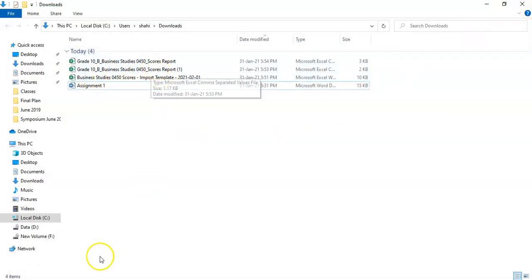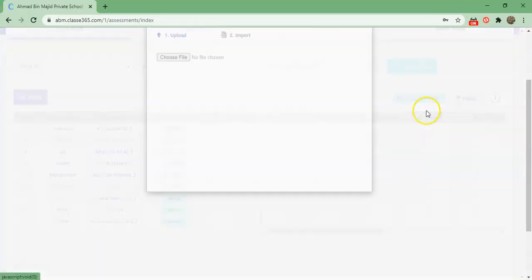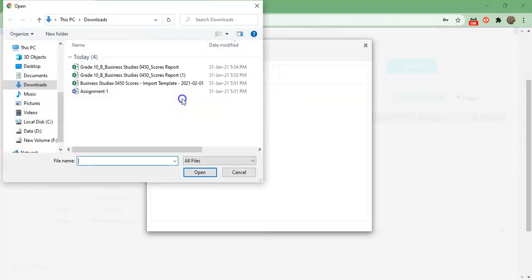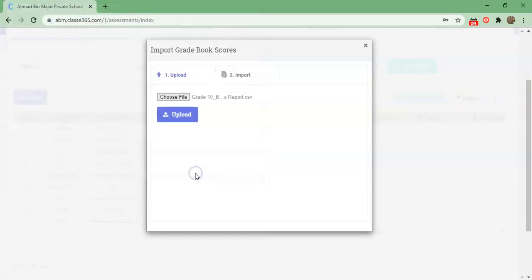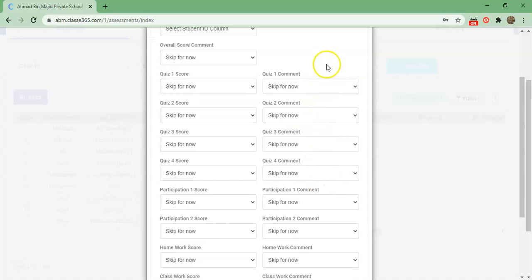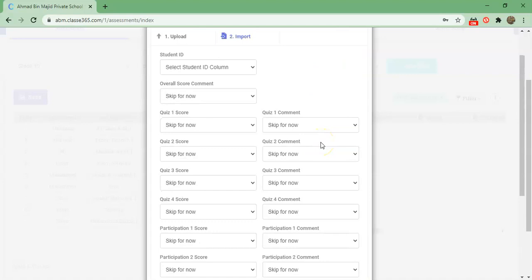And then let's go over here. Now what you need to do, you need to import the file which you have already prepared. Actually, I have shown you 2 files, so whatever file you use is up to you. I recommend you must use this second file, the one that you have exported first, and then you're going to upload. Now open it and upload. Once uploaded, it shows you all the columns. So on the right hand side, you can see there are some buttons here. So totally skip it. We don't need it.